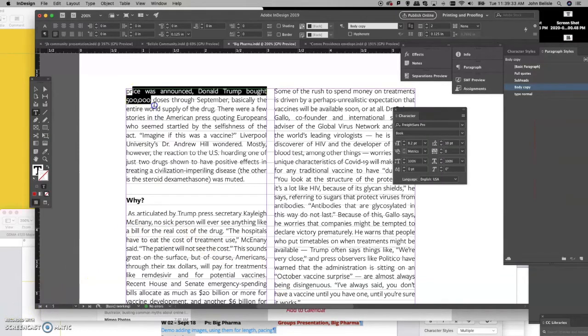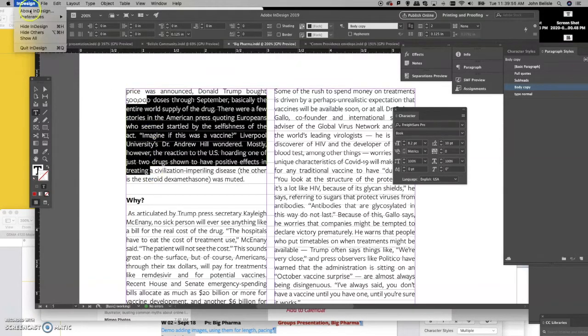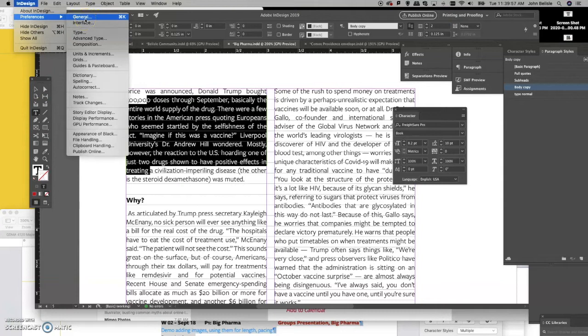So when you look at my document now, you can see I have this baseline grid, and it's set at 12. However, what you have to do for locking to a baseline grid to work properly is... you can see that none of what you want is the type sitting on your baseline grid. So if I go back into my preferences and I go back to grids,